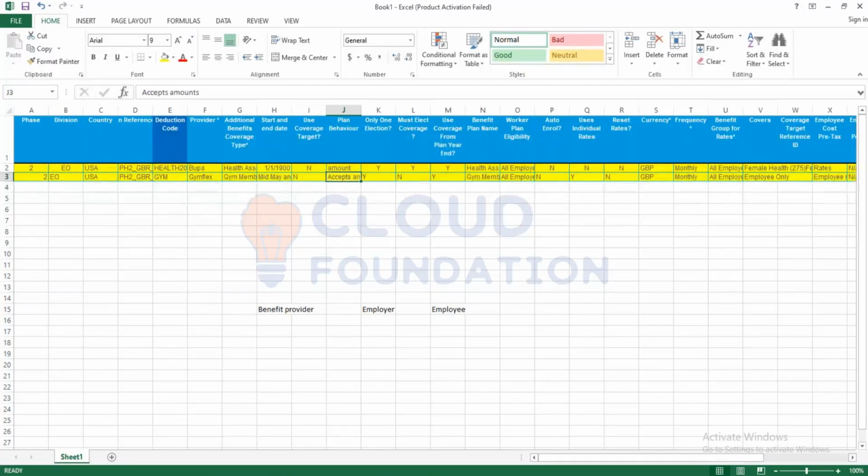The plan behavior is amount based or percentage based. What is an amount based plan? An employee can select only one election under this coverage. It's true. A coverage can hold multiple plans. For example,